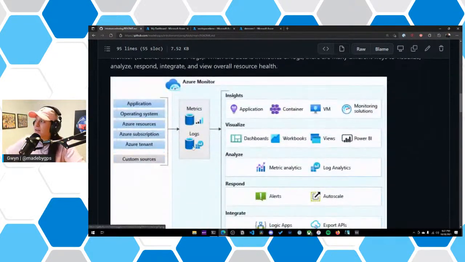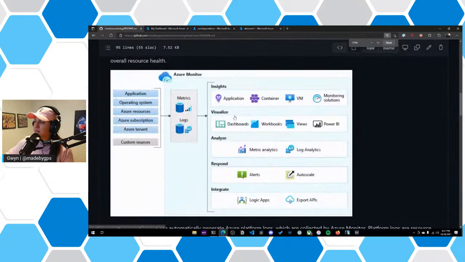If we take a look at this diagram here, we have all the sources where we can collect data. So application, operating system, resources, subscription, a tenant, and that would be like your Active Directory, your activity logs, and things like that, and your custom sources. And then this would come into Azure Monitor, which is the overlay. If I probably go one more, that would be a little better there. Yeah. So that would come into Azure Monitor as either a metric or a log, and then depending on